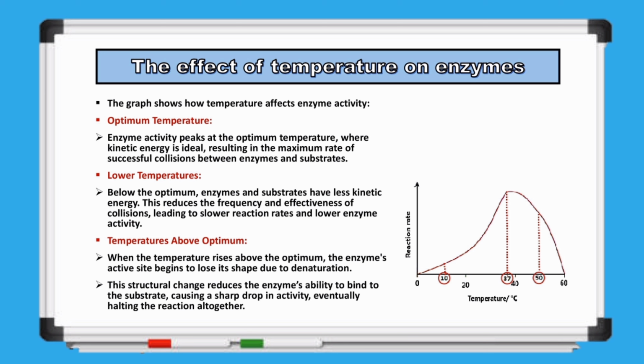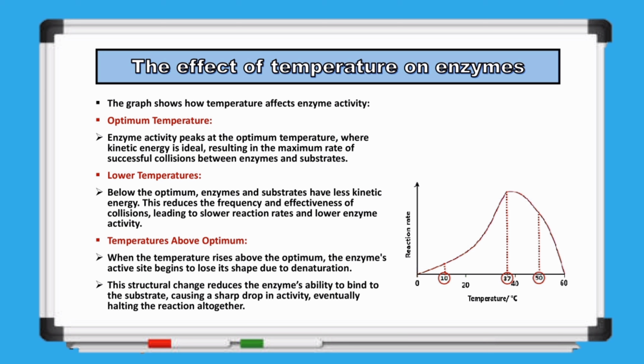Why? Because the kinetic energy of both enzymes and substrates is just right, allowing for the maximum rate of successful collisions. At this temperature, the enzyme is functioning at its most efficient level. For many human enzymes, as you can see here, this optimum is marked around 37 degrees Celsius, which aligns with normal body temperature. Now, if we look at the lower end of the scale, let's say around 10 degrees Celsius,